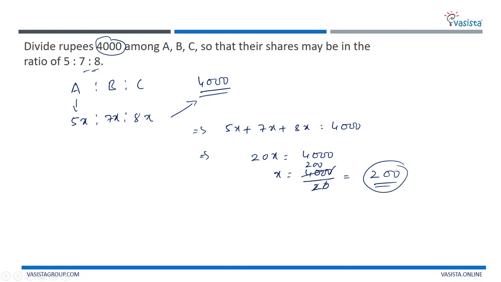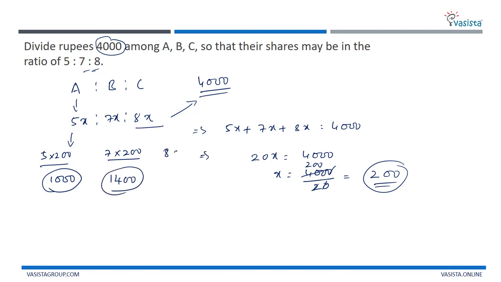Substitute the value of x here. So we are going to get A's share. That is A's share will be 5 into 200, nothing but 5 twos are 10, that is 1,000 rupees. A is going to get 1,000. B is 7 into 200. B is going to get 1,400, and C is going to get 8 into 200, which is nothing but